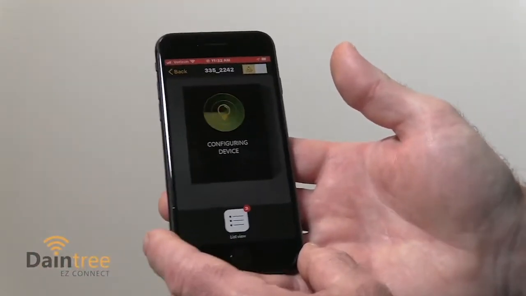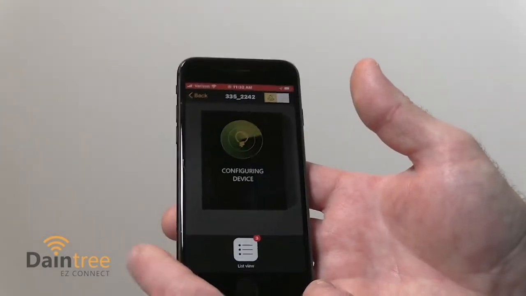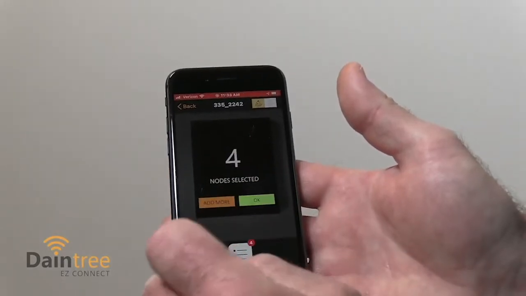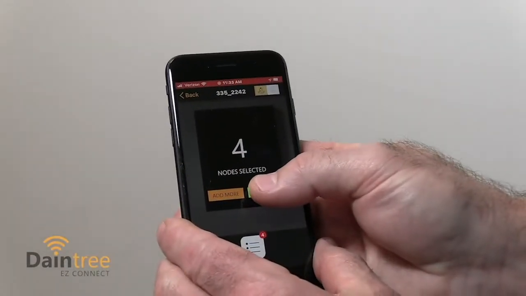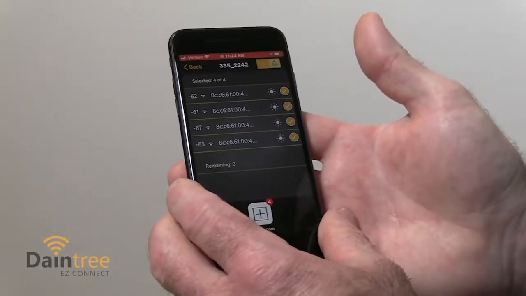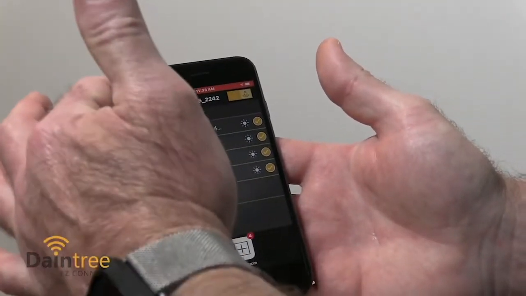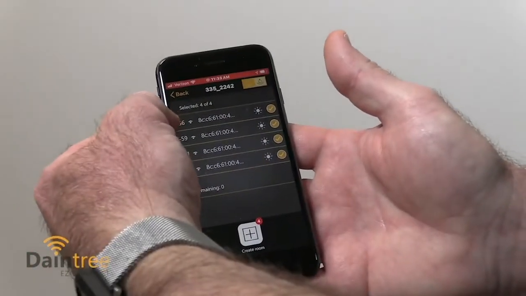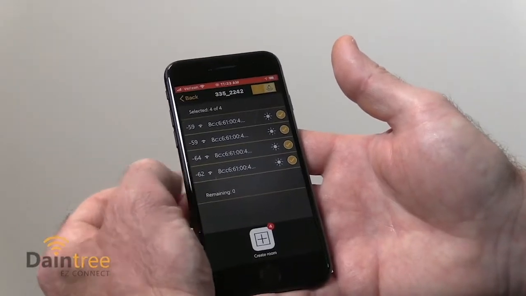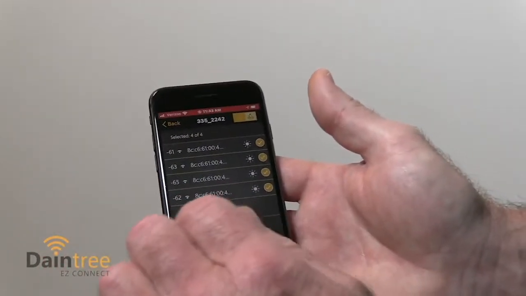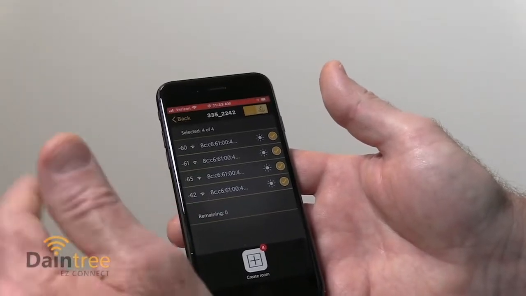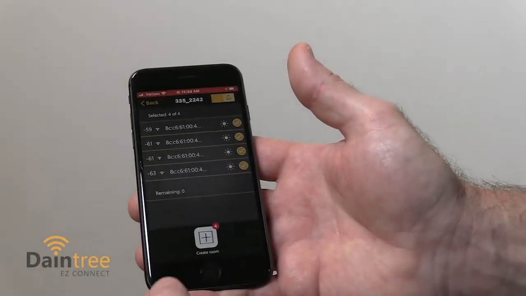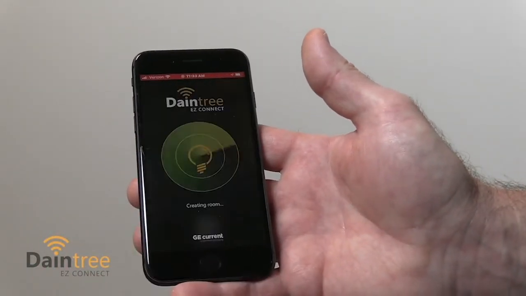Now there's a couple things. If you know there are 4 fixtures, once it finishes configuring the device, you can hit list view, but it's not seeing any more nodes, and I know there's 4, so it's a good confirmation that we've got it. So what it's doing right now is these are the 4 nodes. If you look here, it basically gives you the signal strength of the Bluetooth signal, and the beauty of Daintree EZ Connect is it goes to the strongest signal first and then propagates beyond that. So there's no more nodes being shown here, so I'm just going to create the room with the 4 nodes